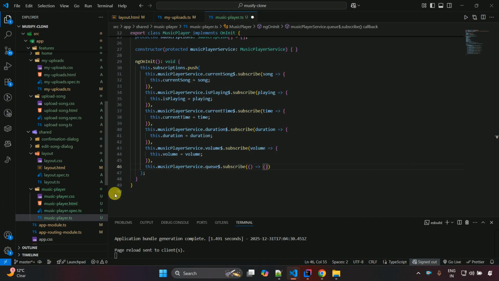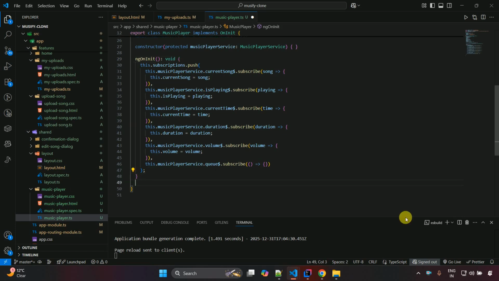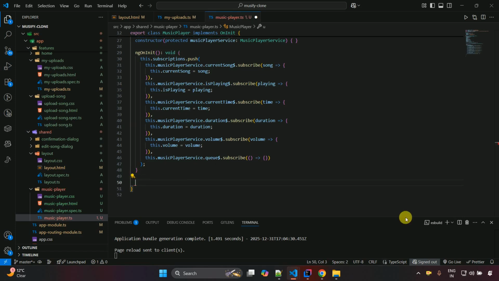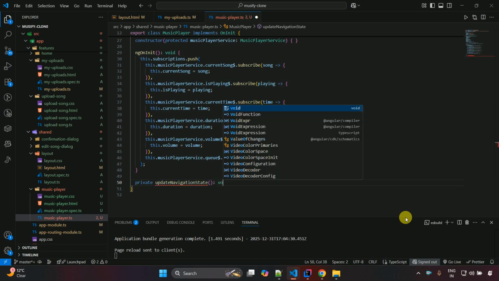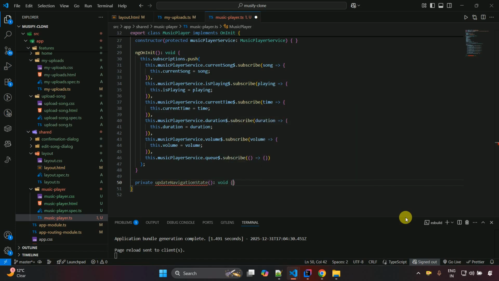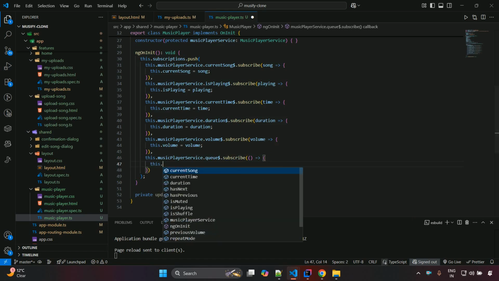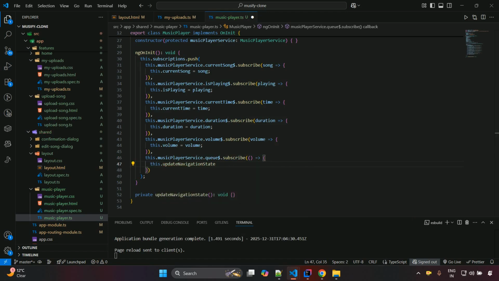So we just need to create a method outside of this ngOnInit. So here I'm going to create here, and this will be a private method, so I'm just going to make it private, and updateNavigationState, and this is not going to return anything, so void. Okay, and inside this one over here we have to just write this.updateNavigationStatus